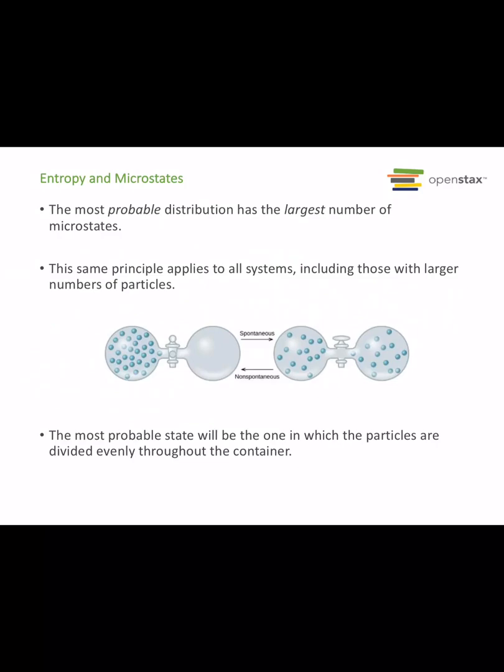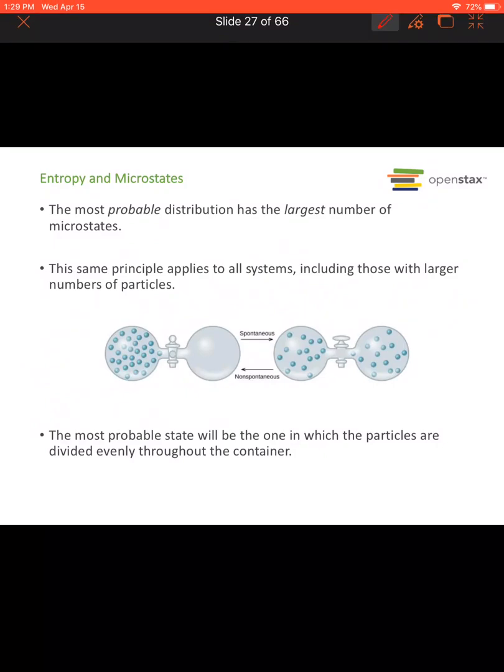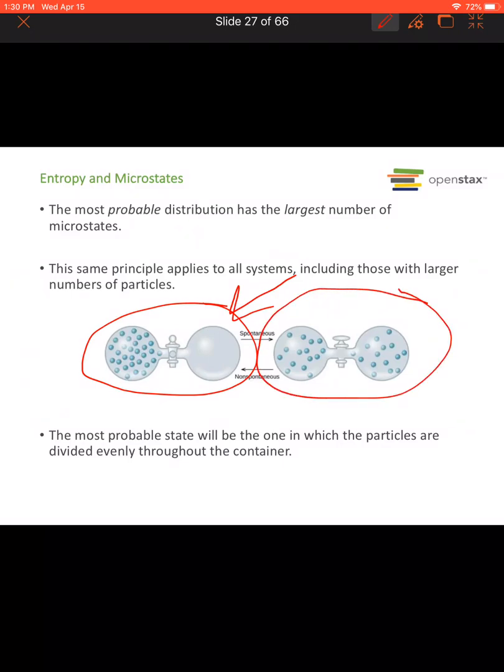So the most probable distribution has the largest number of microstates. Again, if we were looking at both of these systems, right? This is a non-spontaneous system, right? Because we've opened the valve, but all the particles are staying to the left, where they're more restricted, right? So this takes work for all those particles to stay and not to disperse, right? But the universe loves disorder, so